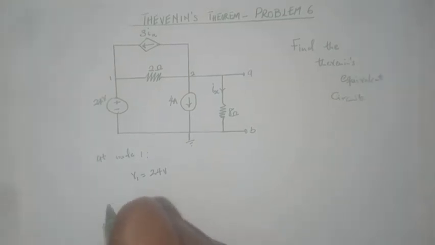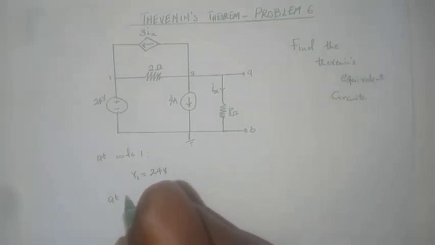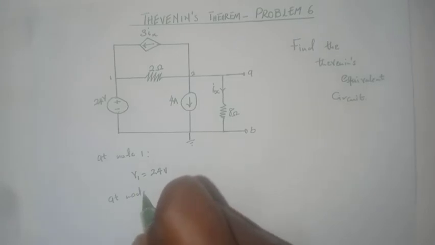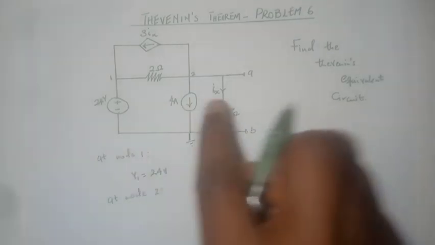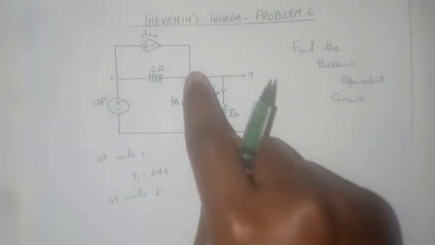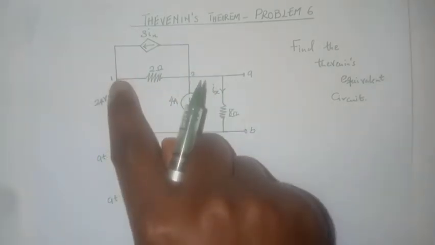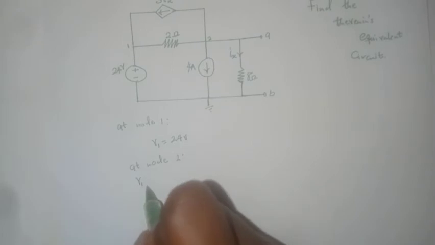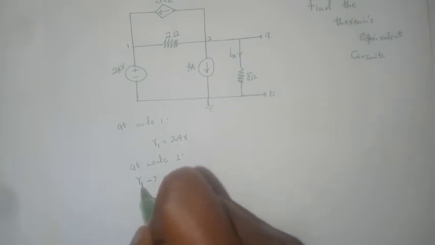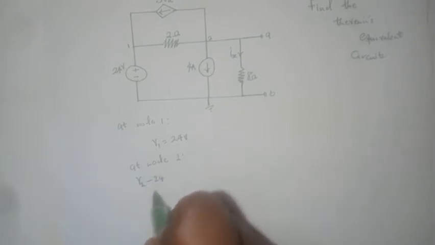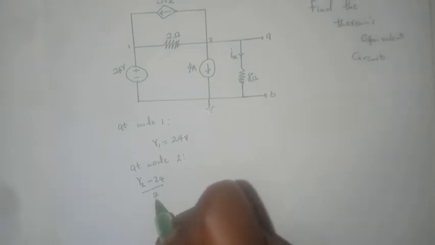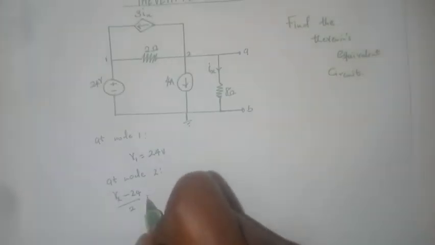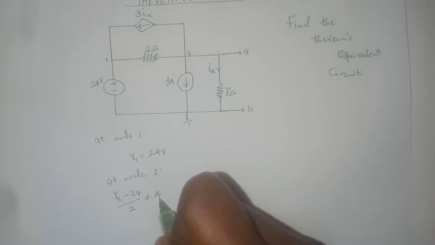We can then proceed to node 2. At node 2, we write the KCL equation. So we have V2 minus V1 divided by 2, and recall that V1 is 24, so V2 minus 24 divided by 2, then plus 4,